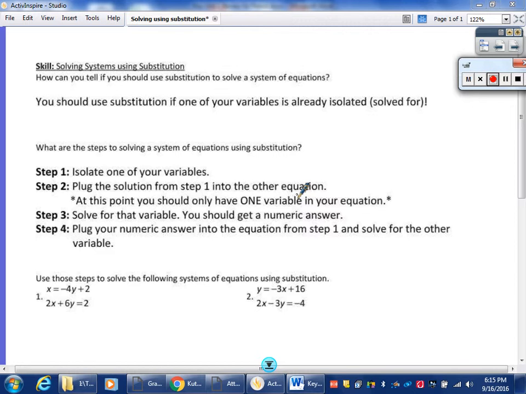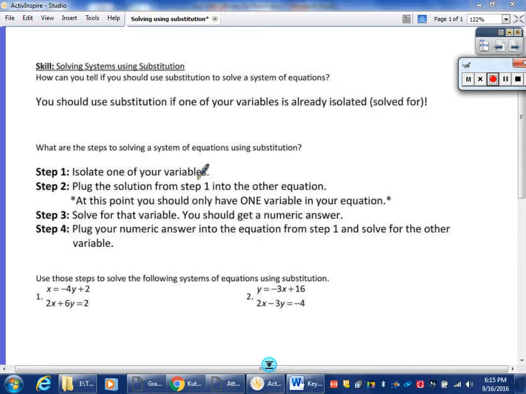Alright guys, we're solving systems using substitution. You know that you should use substitution to solve a system if one of the variables is already isolated. And so we are going to look at equations where one of the variables has already been isolated, because that's when you use substitution. The steps for solving a system of equations using substitution is the first step is to